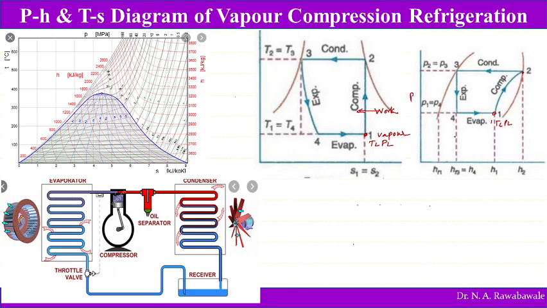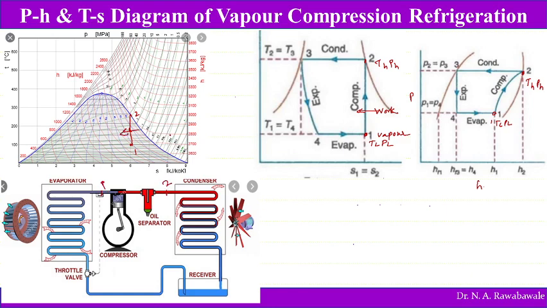So this is the pH diagram. And the refrigerant when it comes out is dry saturated, for example here. So a dry saturated refrigerant at high temperature and high pressure comes out. So this is nothing but an adiabatic compression process. From 1 to 2 we show an adiabatic compression process. So during this compression process there is no heat transfer from system to surrounding. So 1 to 2 is the compression process during